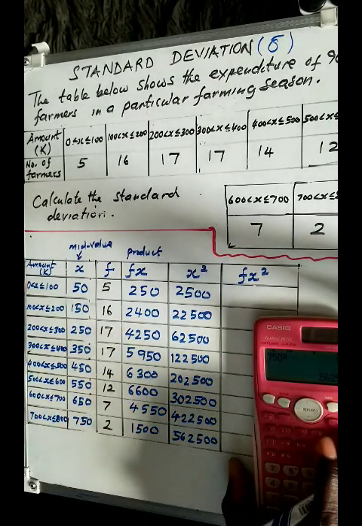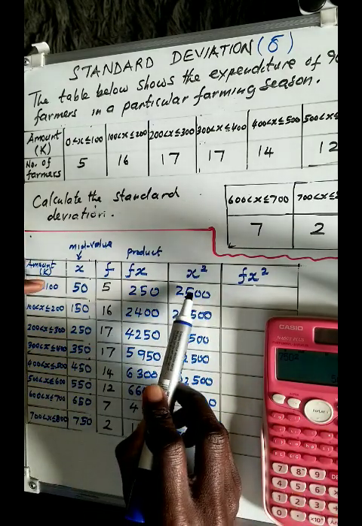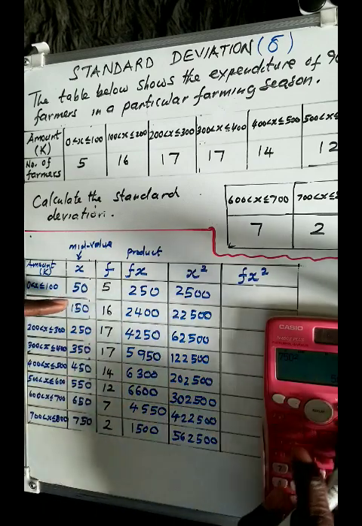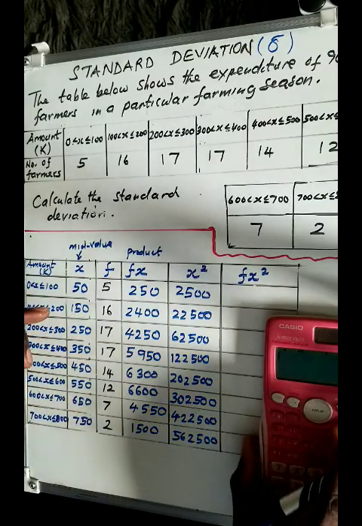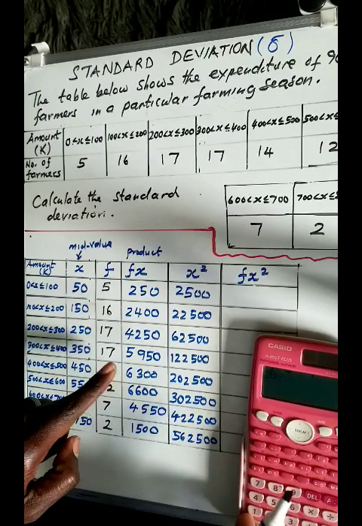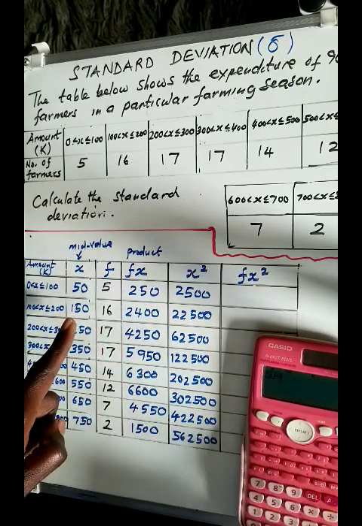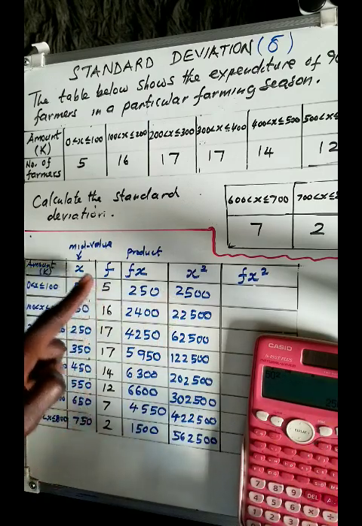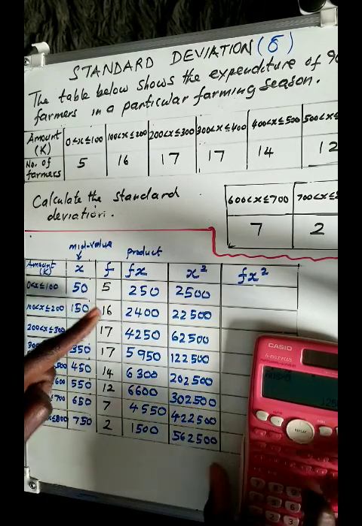Right away, if you wanted, instead of wasting time doing this, the moment you square this one, you could have been multiplying it by 5. Because you want to be as quick as possible in the exam, you don't want to waste time. So the moment I got this value, remember I said 50 raised to the power 2, the answer I got was 2,500, I would have just multiplied it by these ones in black. That is multiplied by 5, and that would have given me